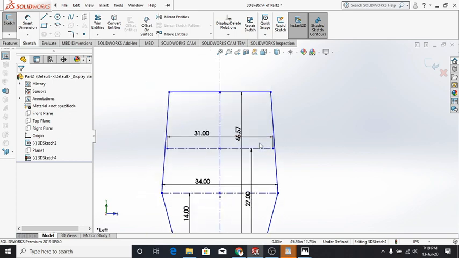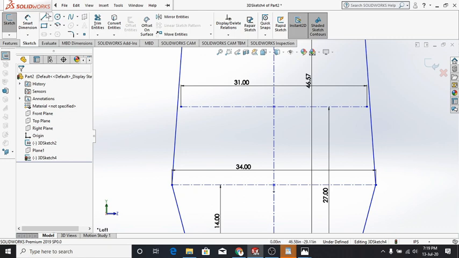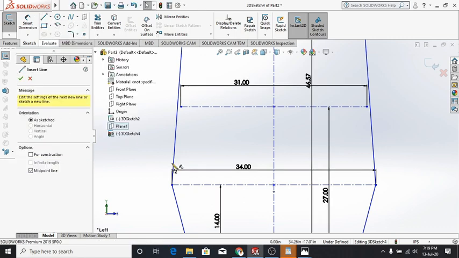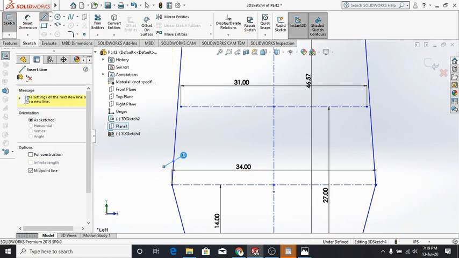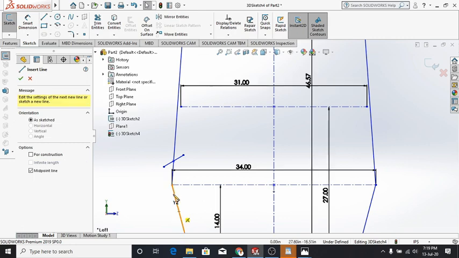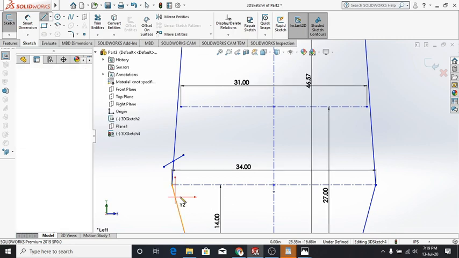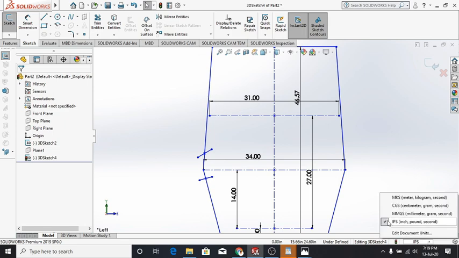So to make it available for bending, let me take a midpoint line here, just randomly put a midpoint here. I'm changing the dimensions to be MMGS.